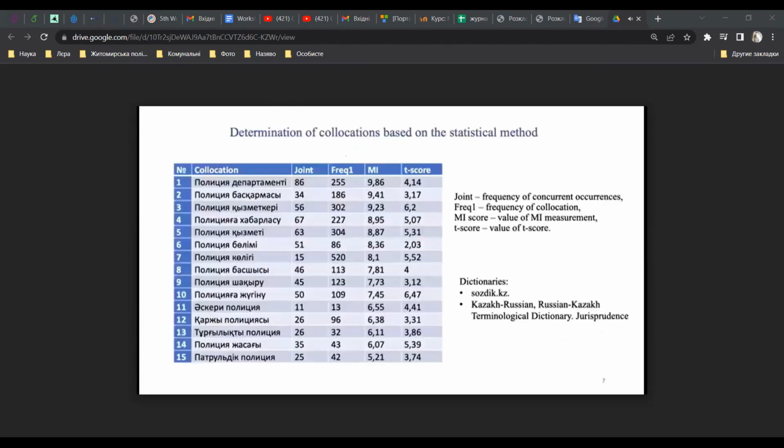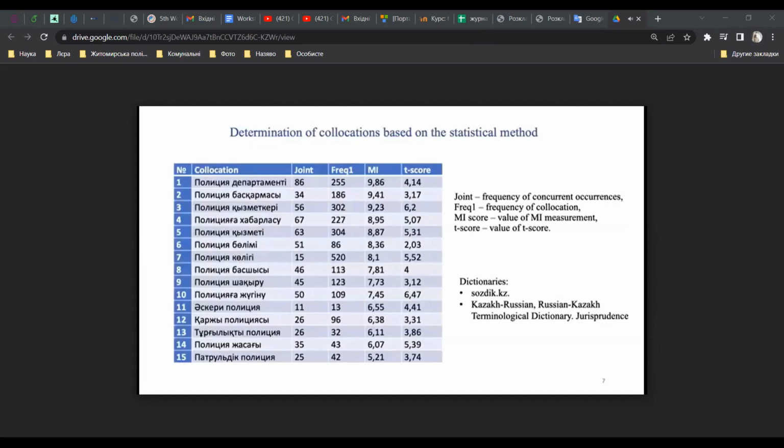The figure contains data for 15 word combinations with the word police, sorted by the value of the MI parameter. The columns of the figure, in addition to the word combination itself, show the following characteristics: joint frequency of concurrent occurrences, frequency of collocation, MI, the value of MI squared, and the T-score value. The analysis of the data in the figure shows that the ranks of the word combinations obtained using different indices do